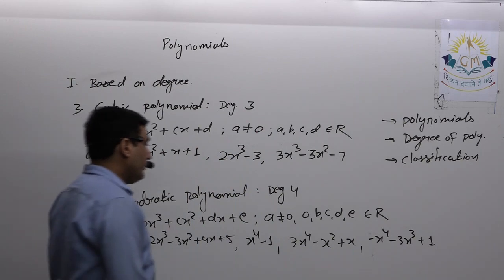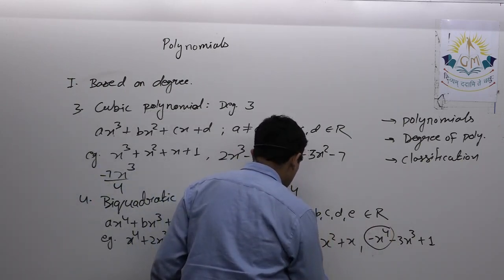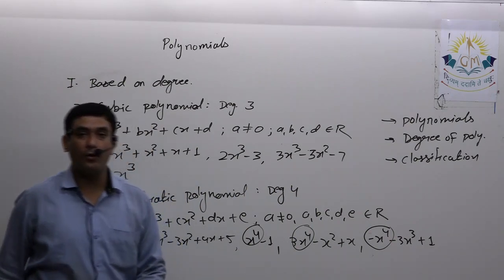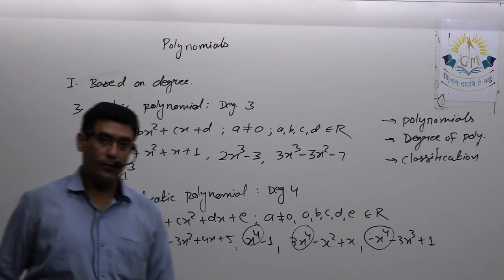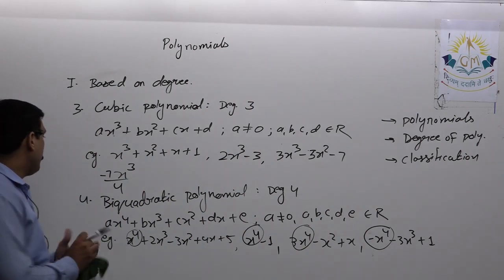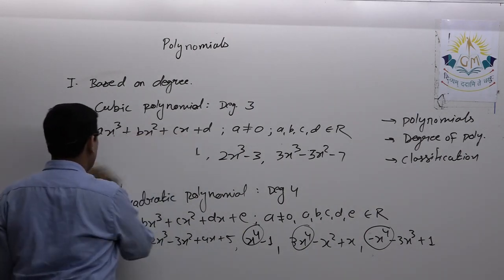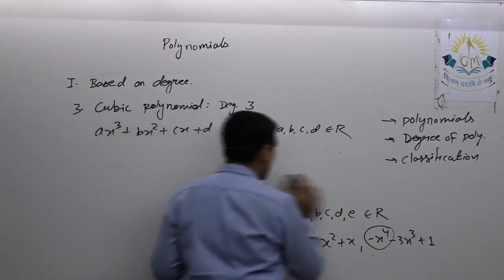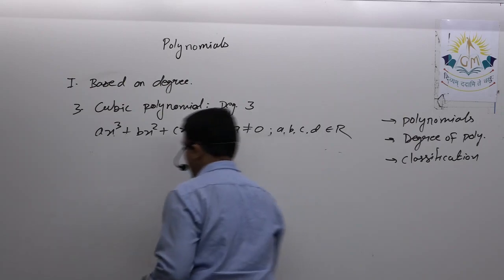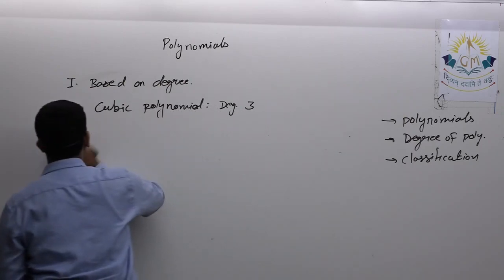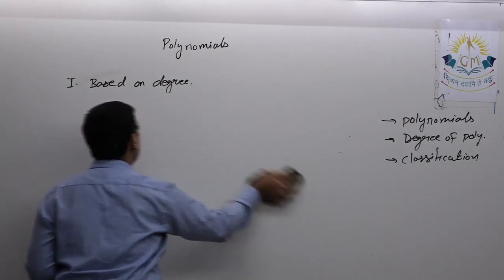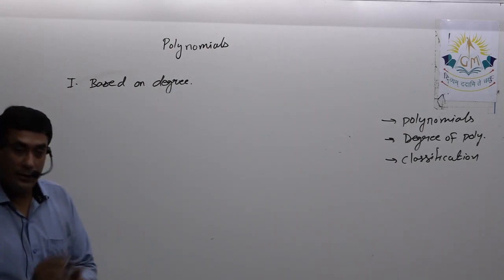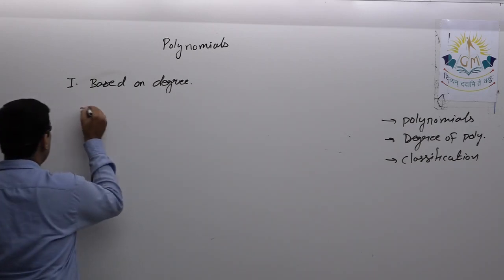Okay, so simply we have to take care of this, that the x raised to 4 term must be there. Remaining terms, whether you write or not, definitely it will be biquadratic. So after this biquadratic, see we started from degree 2, then degree 3, then degree 4. Now if a polynomial has degree 5, then it does not have any special name. We'll simply say it's a polynomial of degree 5. Now there might be a polynomial of degree 1 or degree 0. So now we'll see those two polynomials.